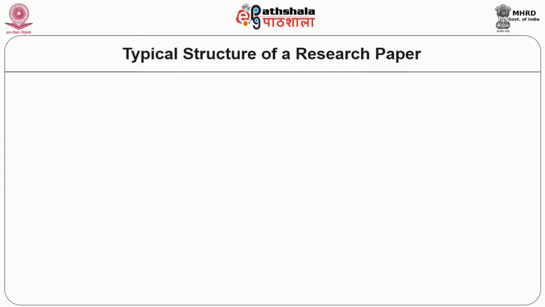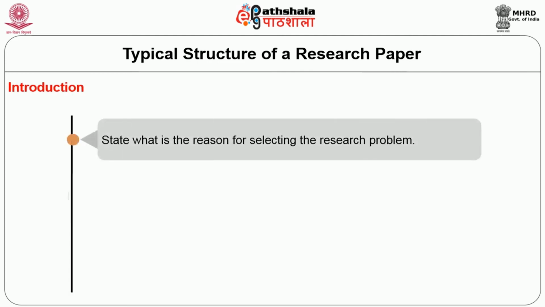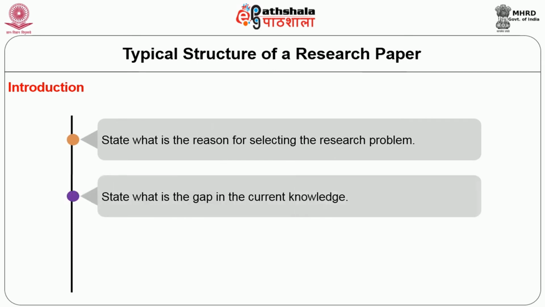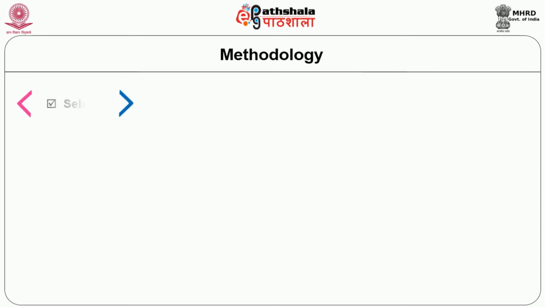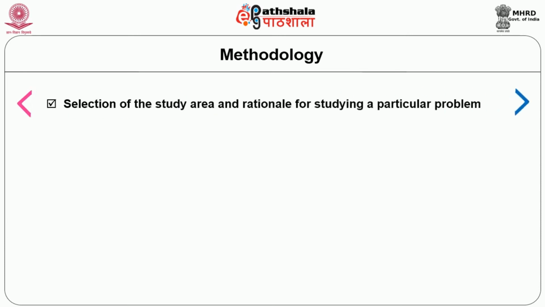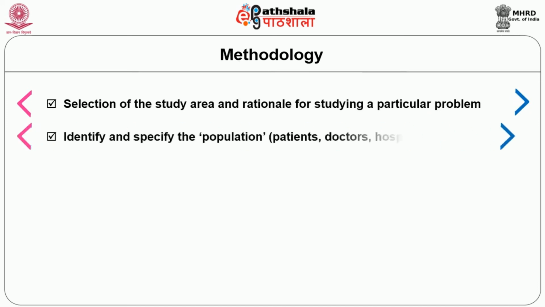Table 1. Typical structure of a research paper. It includes introduction. State what is the reason for selecting the research problem. State what is the gap in the current knowledge. State what are the objectives of the study. Then state methodology, then selection of the study area and rationale for studying a particular problem, identify and specify the